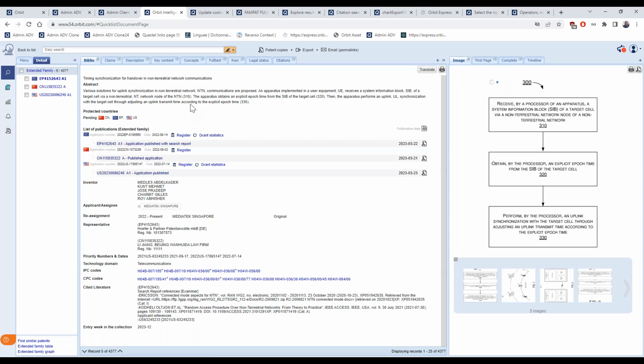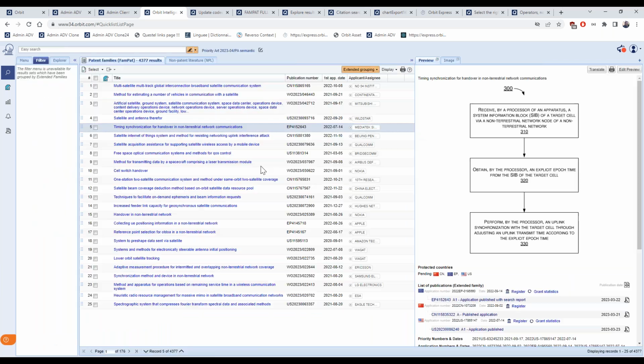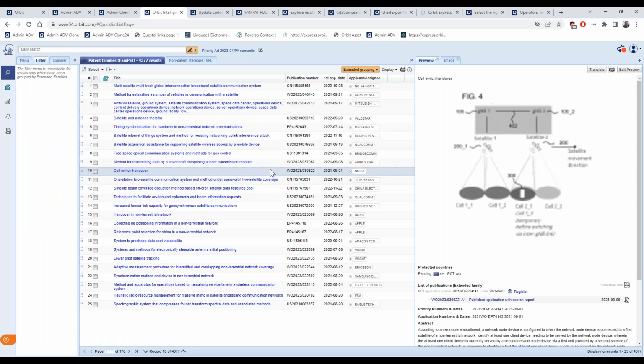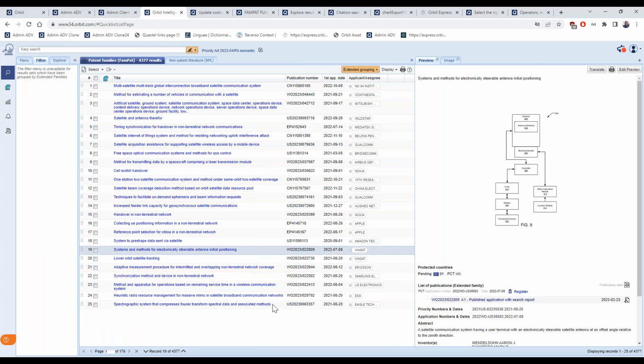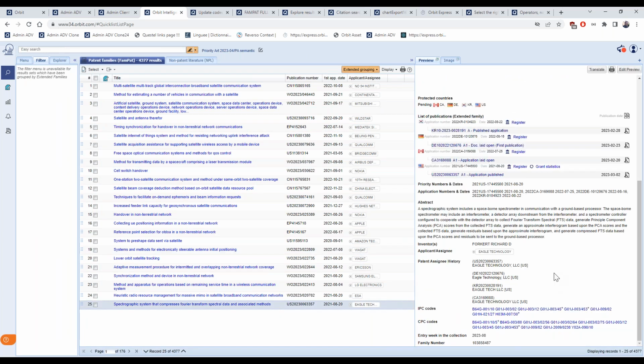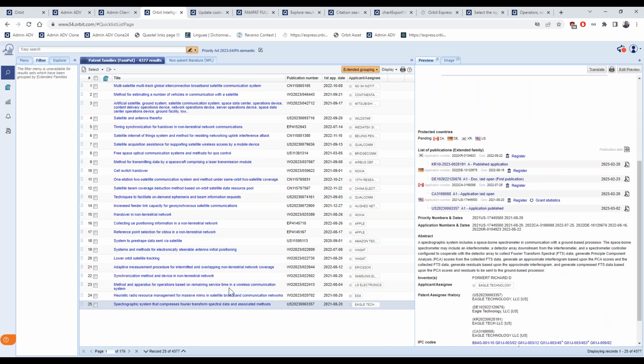When entering one specific result, on the bottom left of your interface, you have an extended family table and extended family graph. So let me maybe select a family with more members. Let's try this one.